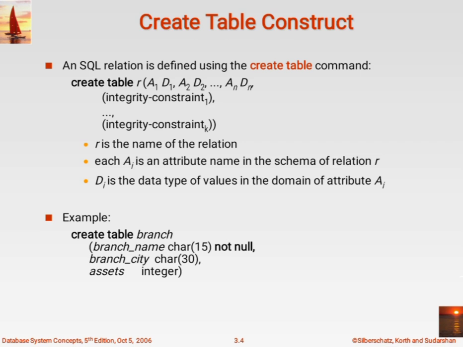Then this is the create table. Whenever we want to create a table, we generally write create table, and whatever the name you want to give, you need to write here. In the example, you will have a very clear idea where I am going to provide three attributes. The first one is branch name, second one is branch city, and the third is assets. And accordingly the domain names I have given.